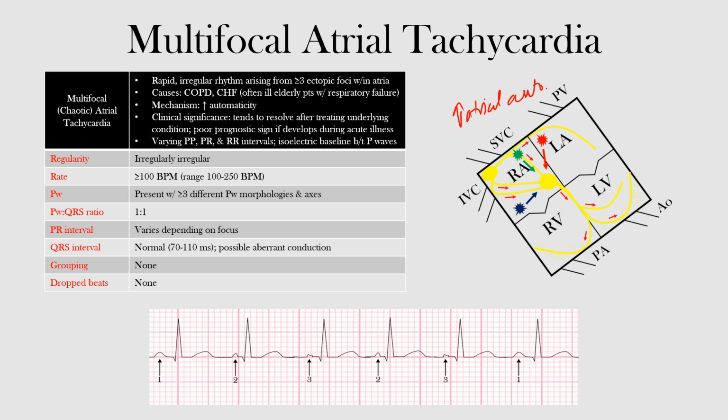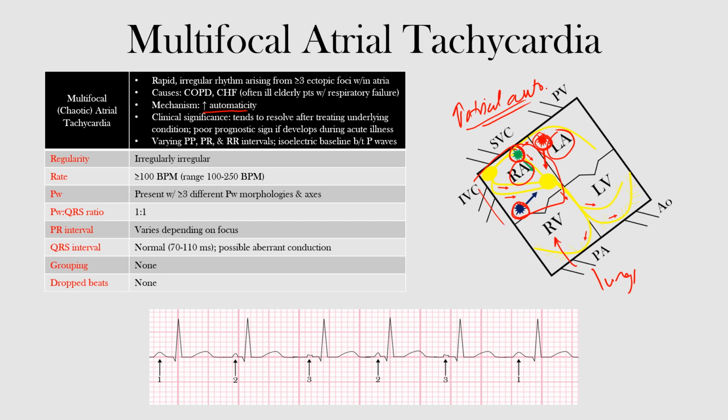Well, here is our atria, and imagine that we have a backup on the right side. Say our lungs are coming off our pulmonary artery, so we get a backup on this side. We can have right atrial enlargement, and because of this, we can have an increase in atrial automaticity, and we can have these different atrial pacemakers that fire back. There are many other things that can contribute to this, but the end result is this increase in atrial automaticity, and we have these different ectopic foci that are firing and causing these different morphologies